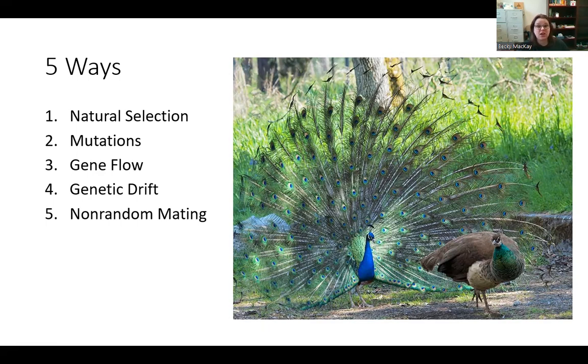And today we're going to talk about species specifically. And what exactly does that even mean? Because when we talk about evolution, we talk about new species coming up, some species dying off and all that. But what does this even mean? So we're going to talk about that. And we're going to talk about some evidence that we have for evolution. So we've talked about the history of evolution and how it happens. And today we're going to get into a little bit more specificity.